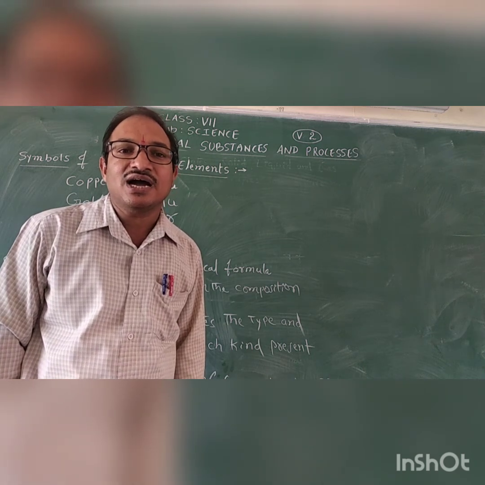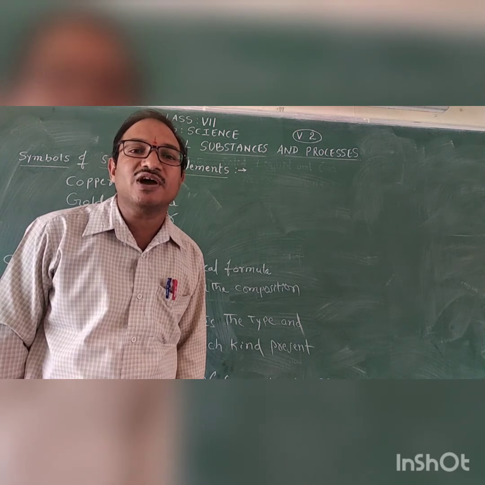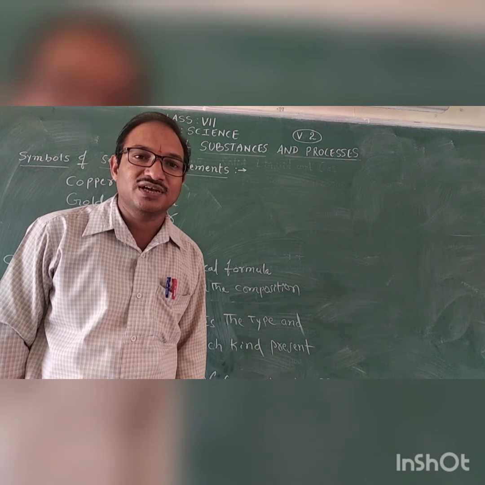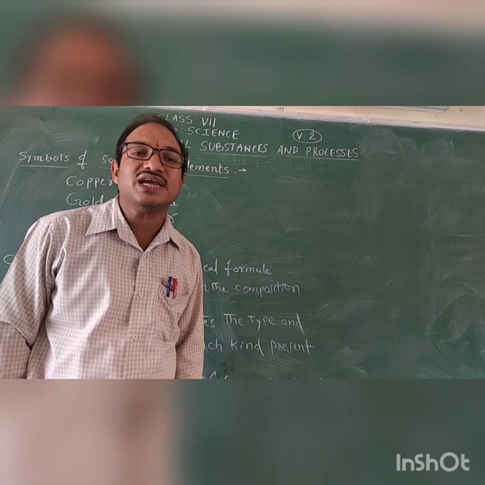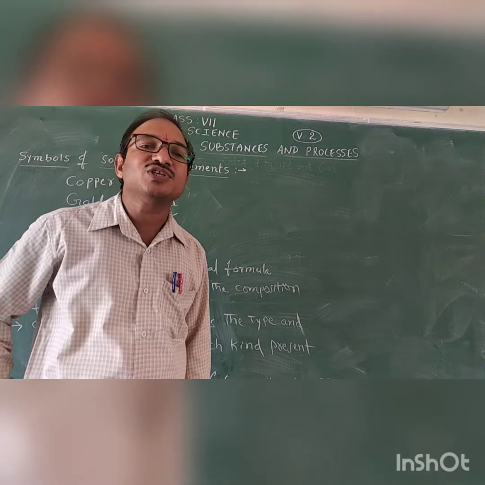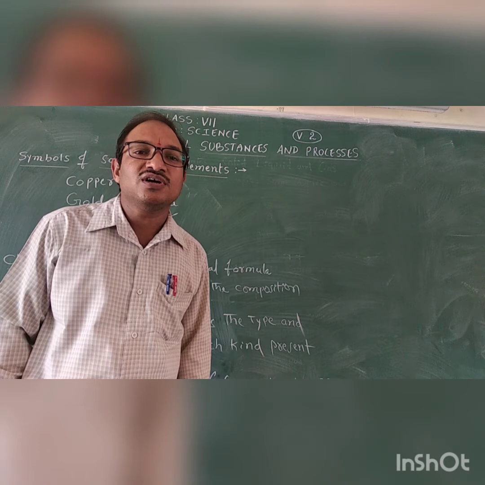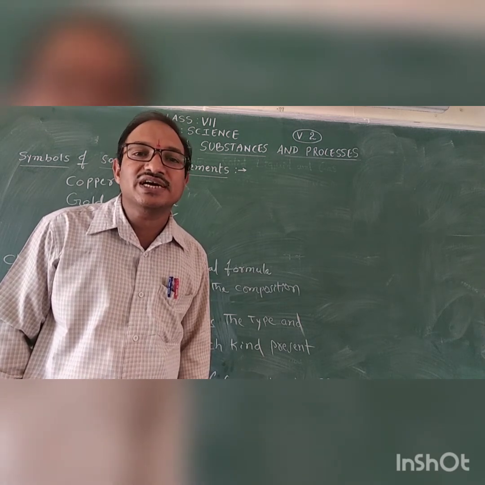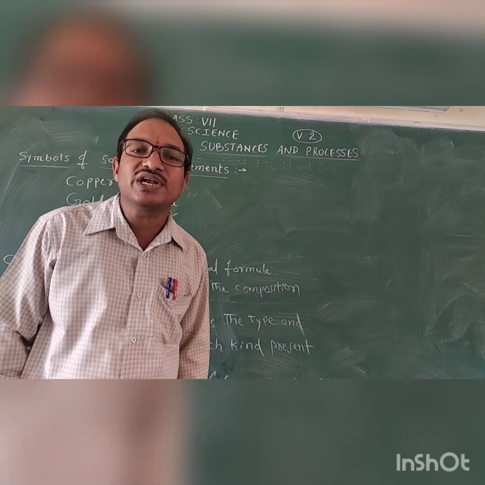If I ask which element has atomic number 14, you have to say, sir, silicon is the answer. If I say 15, you have to say phosphorus. If I say 20, you need to say calcium. That means the atomic number of calcium is 20. Children, these are very important. Atoms having atomic number 1 to 20, every child should learn.